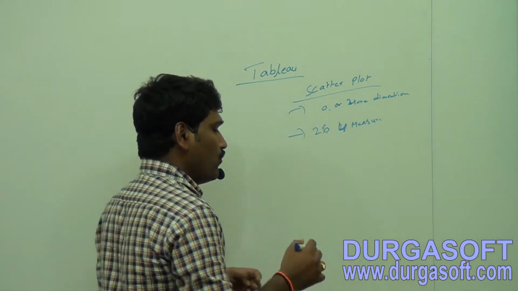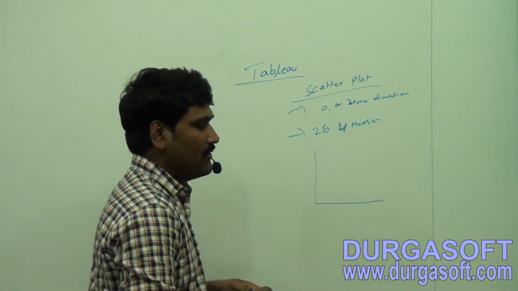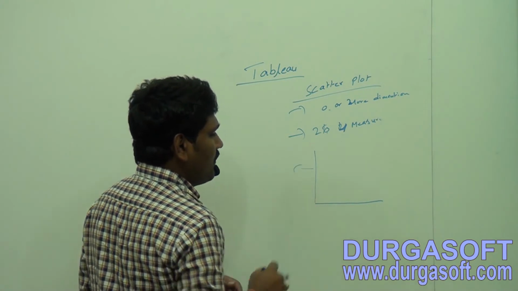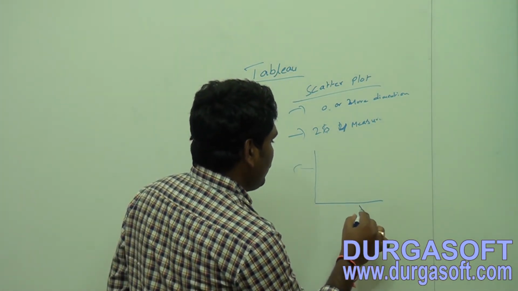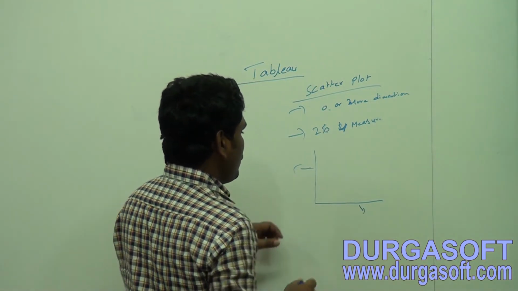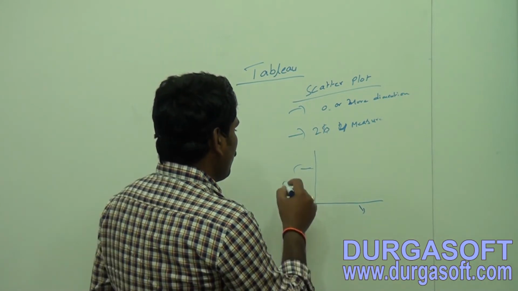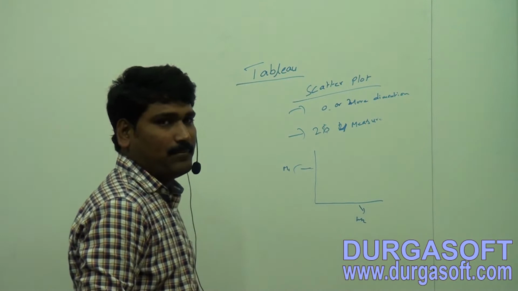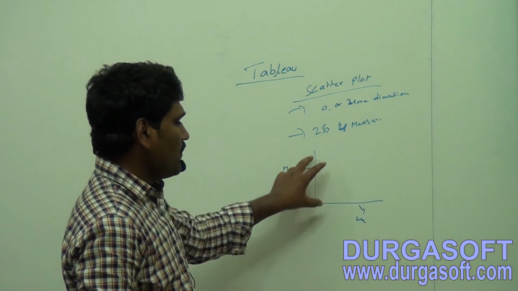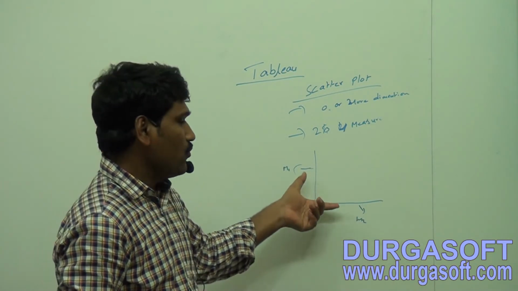So now how will a scatter plot represent the data? When you apply two measures, it will be represented like this. That means one measure in the y axis and one measure in the x axis. So it is representing data in the y axis and x axis, that means two measures, measure 1 and measure 2, with the kind of, we can say, correlation between two measures.